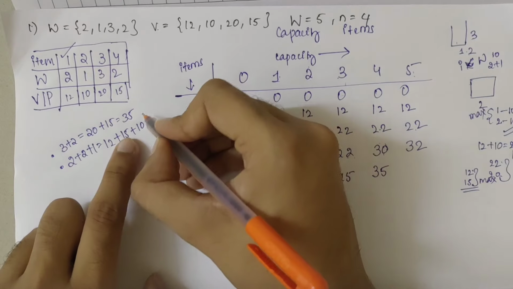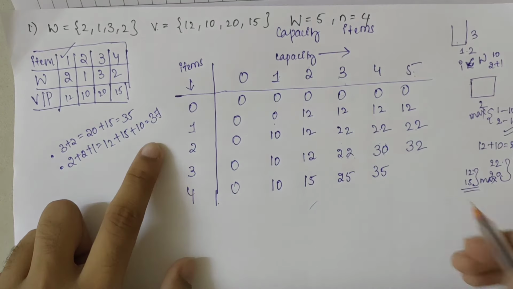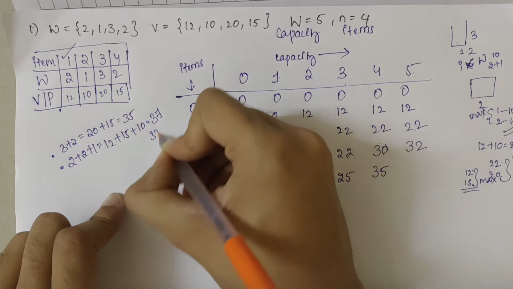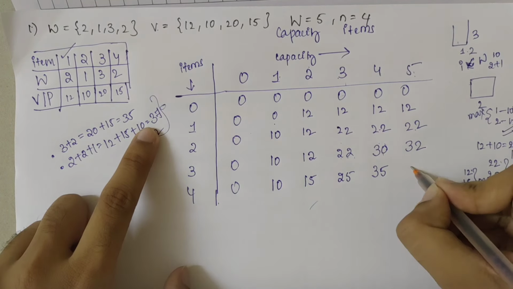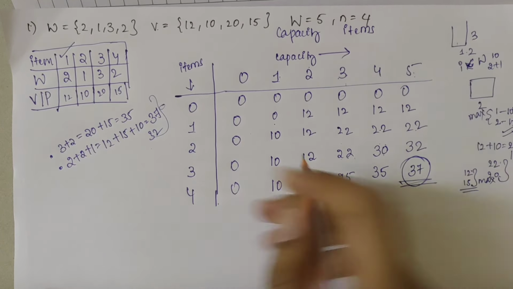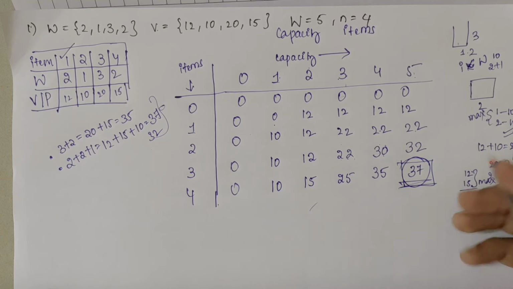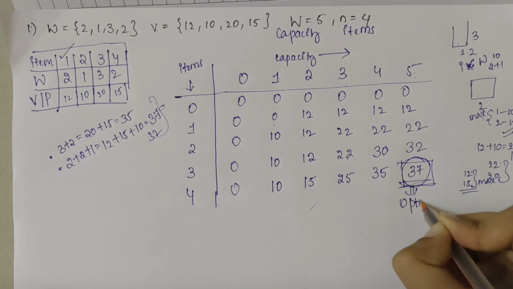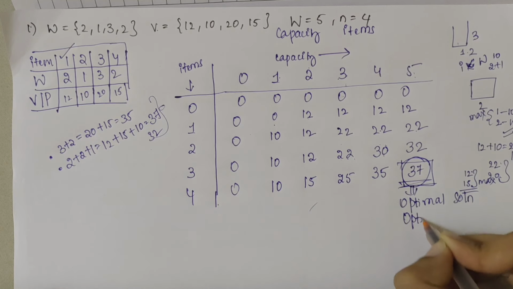So if I add this, I get 25 plus 12, that is 37. So out of these two, which one, or 32 previously as it is. So out of these three, which one has the maximum value? 37 is the maximum value, right? So I can write 37 here. So 37 in the end cell, whichever value I get, is the optimal solution. This is the optimal solution, or optimal profit